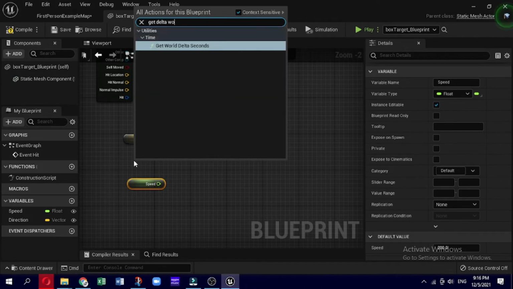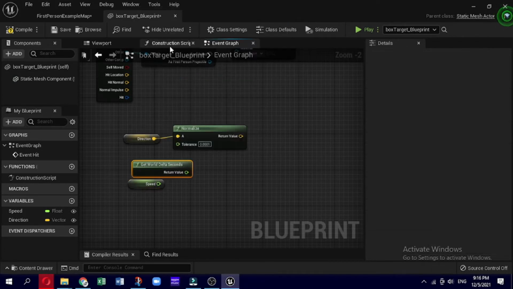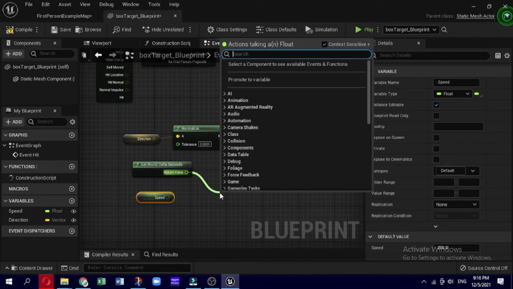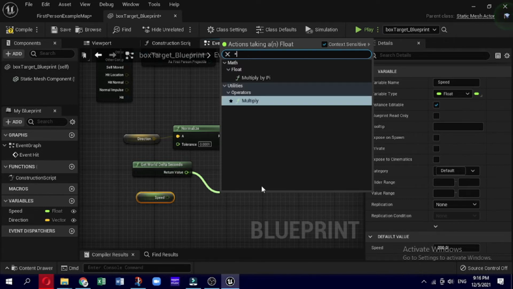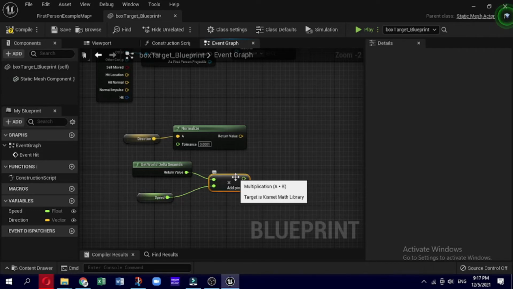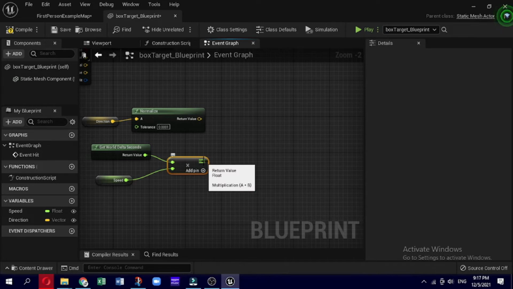Finally, drag the output pin from either the delta seconds node or the speed node, and drop it into empty space. Type an asterisk in the search field, Shift+8 on most computers, and select the float node. Finally, drag the other output pin onto the remaining input pin of the new multiplication node to multiply these two values, like this.